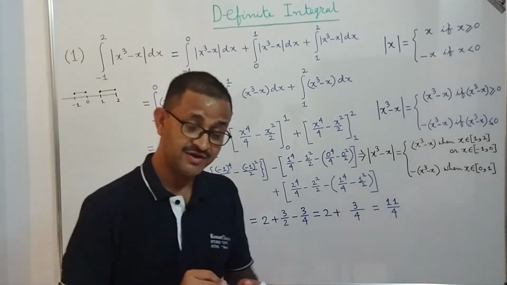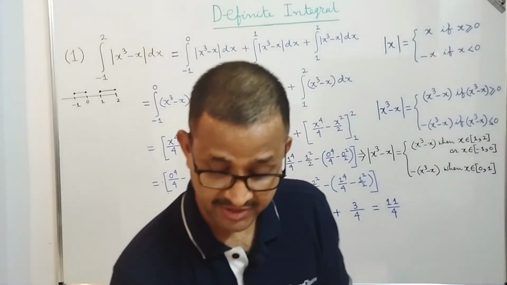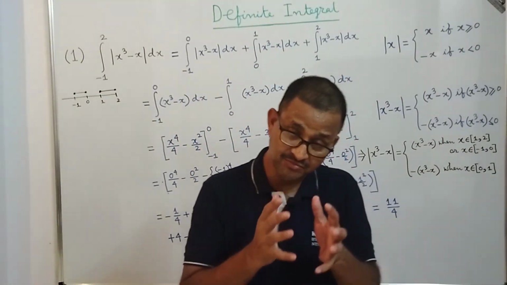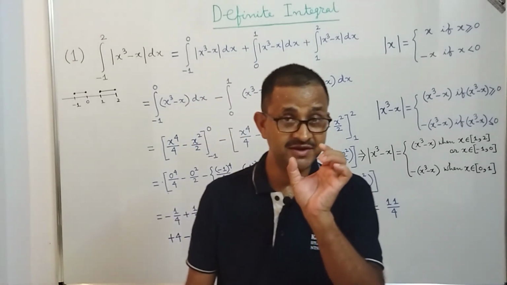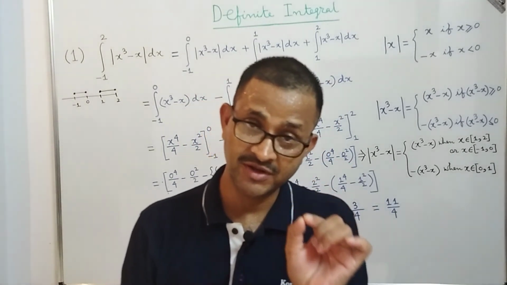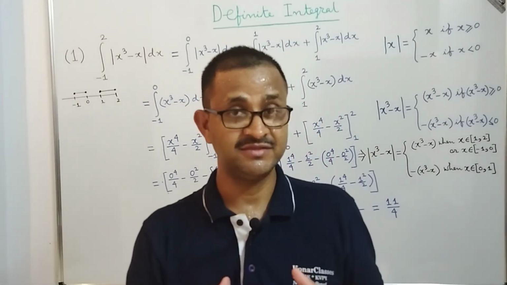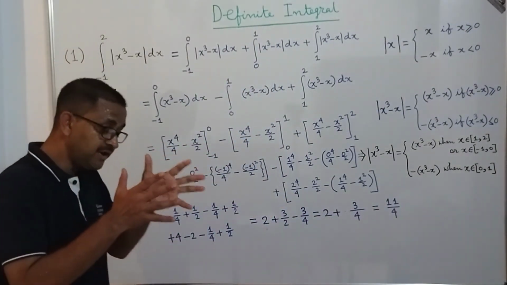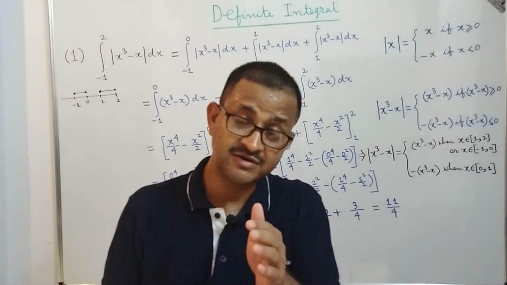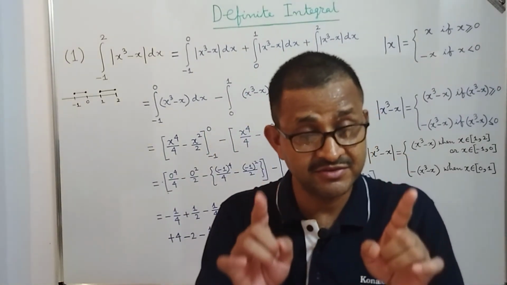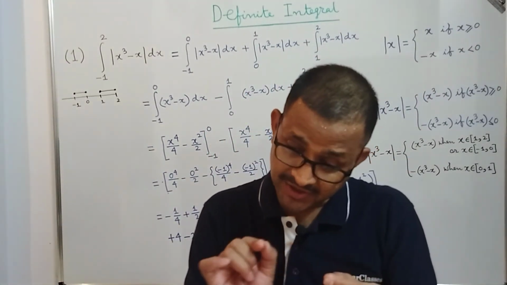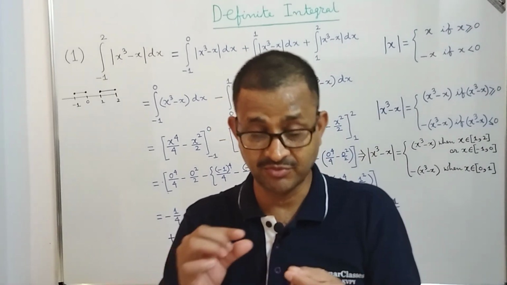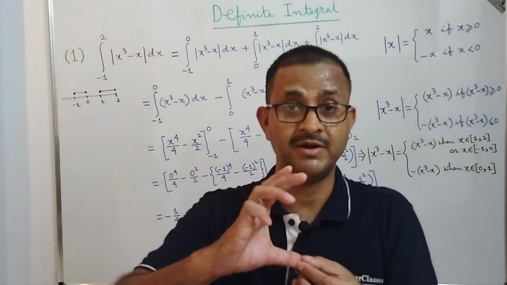I took some time to explain all these things because this is important. Whenever you get a definite integration where there is a modulus, you need to break it, that is, the given lower limit to upper limit, into these parts. A similar type of problem is there when it is a greatest integer function, you need to break into several subintervals from the given lower limit to upper limit.